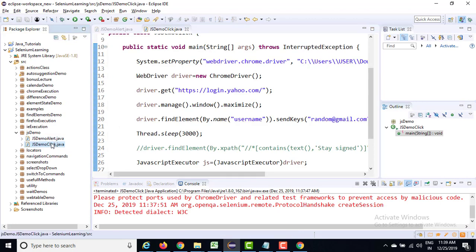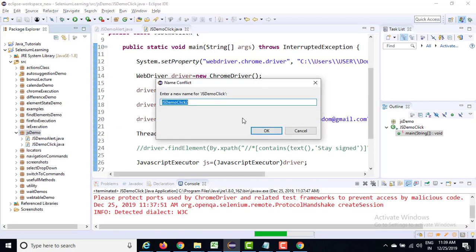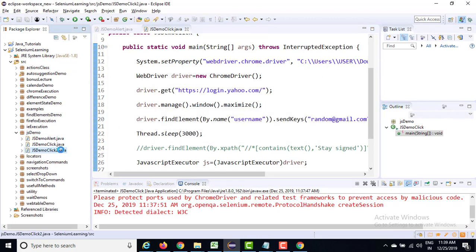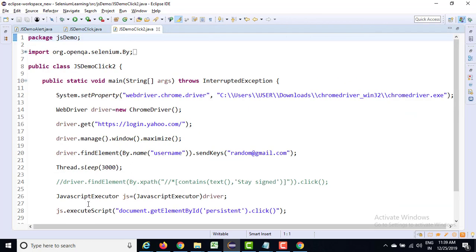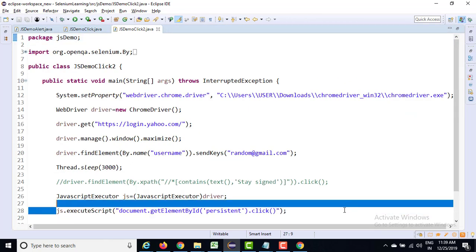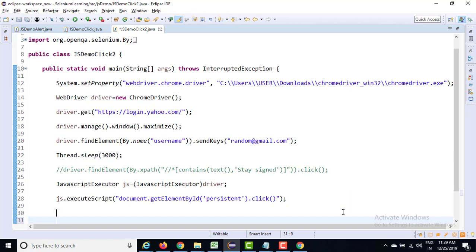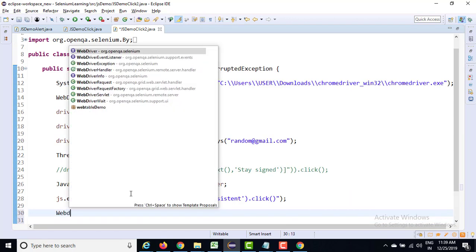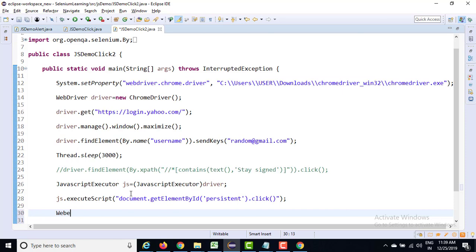In order to showcase option number 2, let's create another class, and this time I'm going to write the same code but in a different way. I'm going to write a small element. This element is nothing but your actual checkbox, and I will say driver.findElement by ID, or you can write anything.